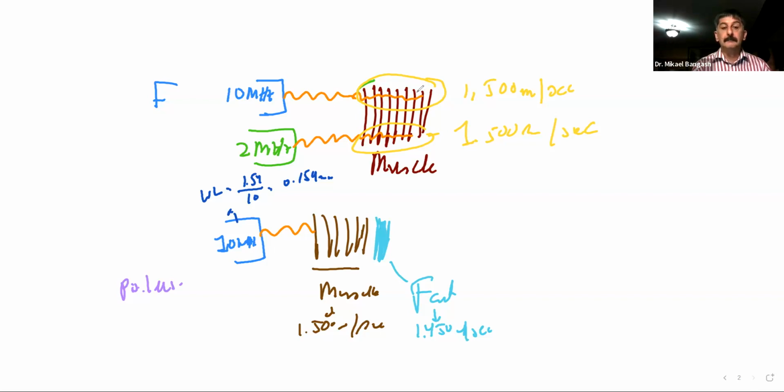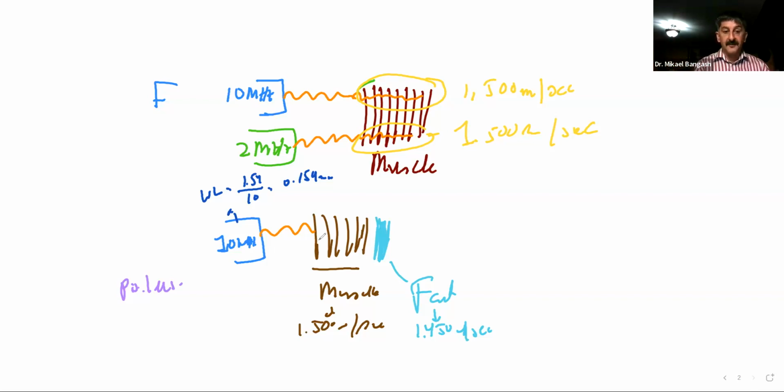Did that make sense? Yes. Whereas I said, well, okay, now we only have one transducer. We just chose one. It doesn't really matter. You can trick the two. You can say, okay, I don't want 7, I don't want 10, I don't want 2 megahertz. I want 7.5 megahertz. Go ahead, be my guest. That really doesn't matter